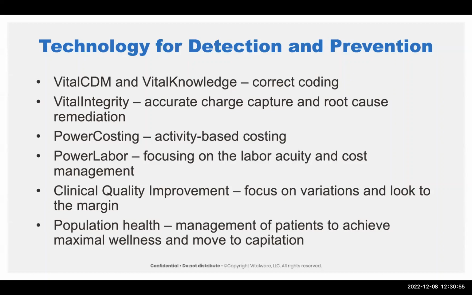This is activity-based costing. It takes your activities, your procedures, and provides costing that is attributable to the case level. So you can start to see: is there some activity or lever that I can change to increase the cost efficiency? Power labor is a huge thing in demand right now because of our labor issues and costs and acuity. And so we want to see labor. Where is the best bang for our buck? What is the mix of the labor that we need to provide to lower our labor costs while providing satisfaction?